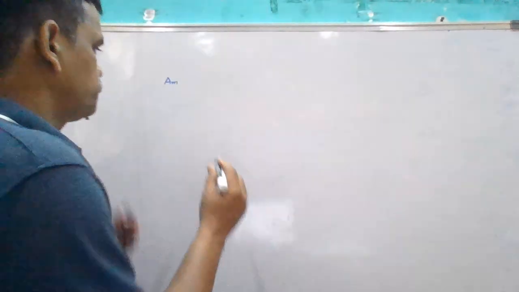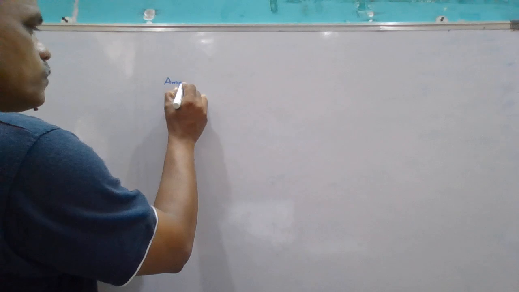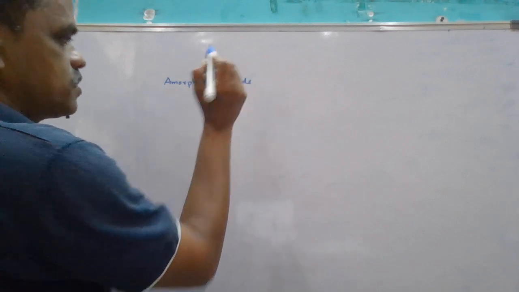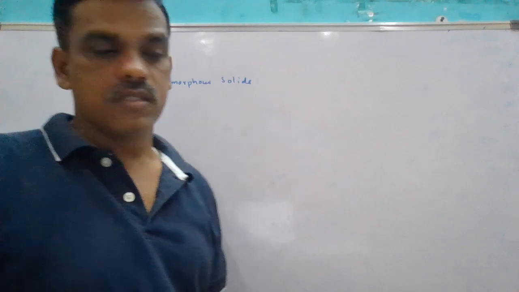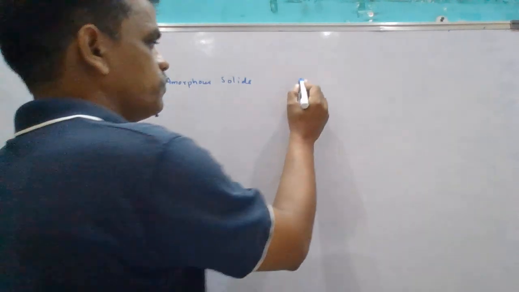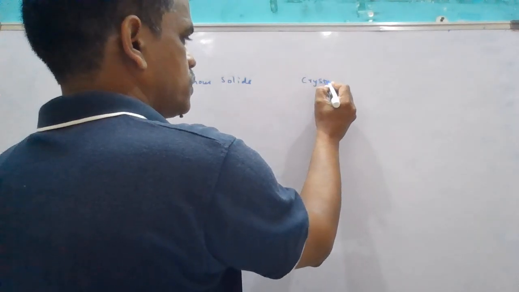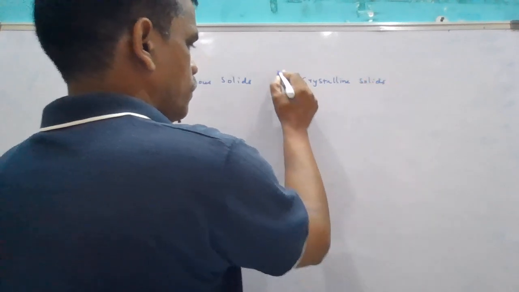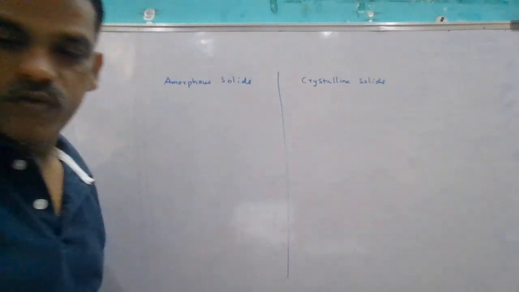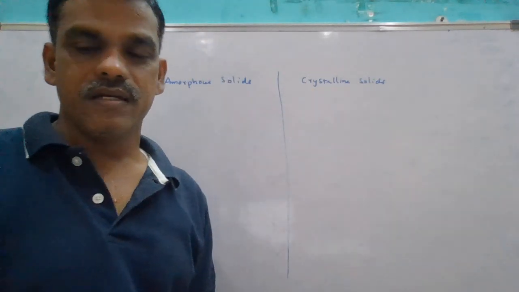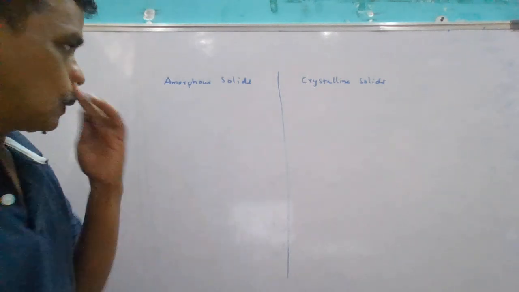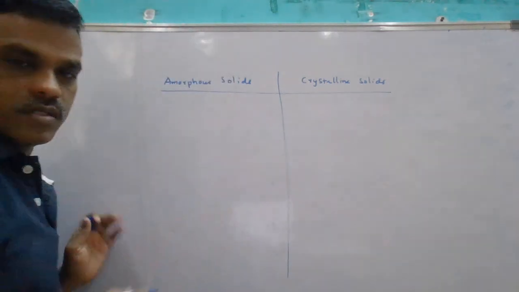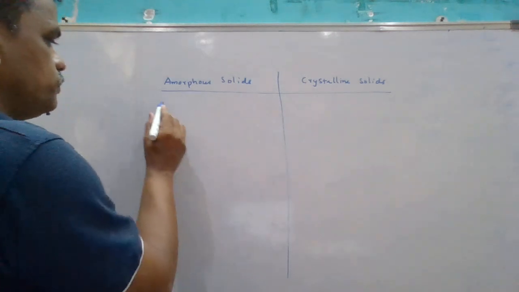So first one, amorphous solids, crystalline solids. So here the main difference between these, first one,